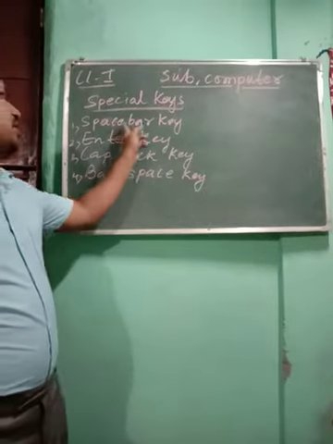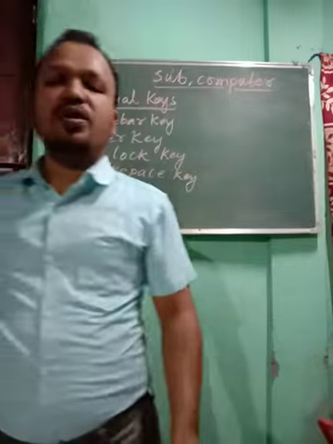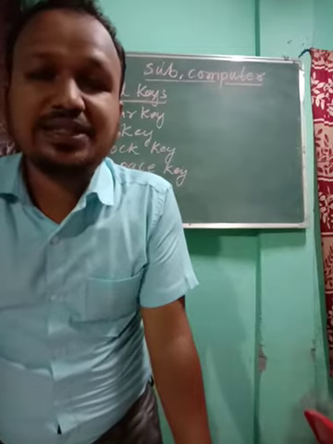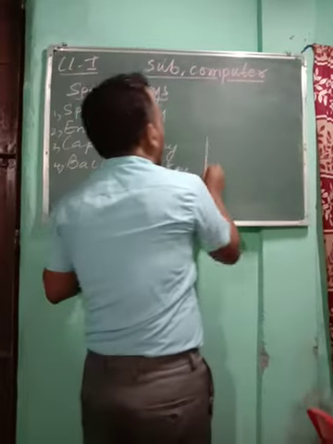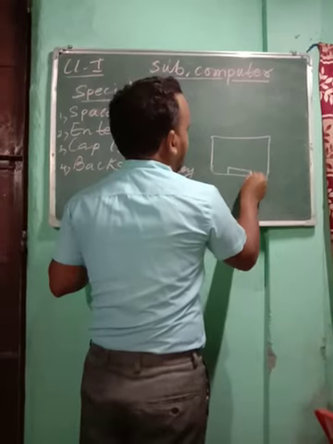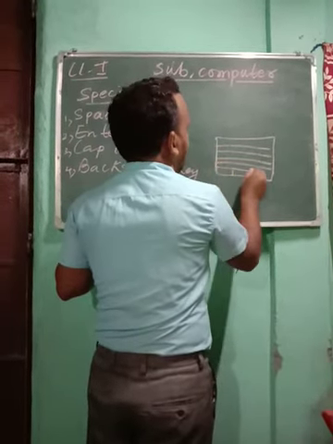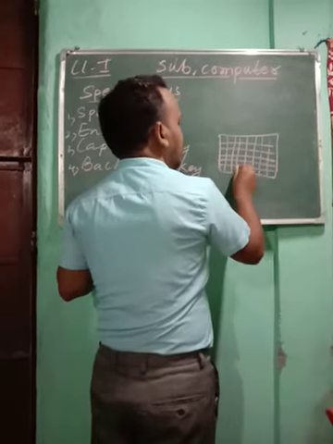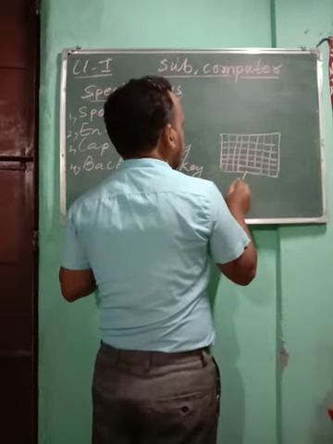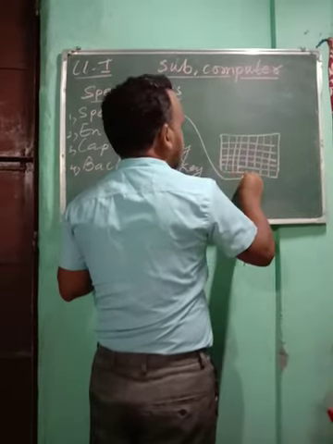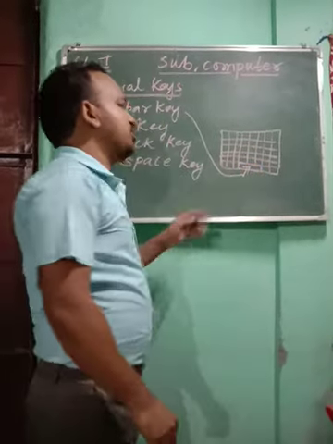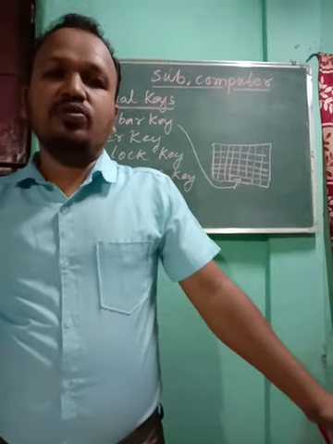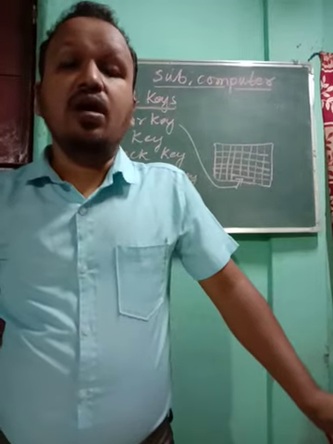Yesterday we already learned about the space bar key. What do you mean by space bar key? Children, the space bar key is one of the longest keys on the keyboard. I told you by drawing the keyboard. Suppose this is your keyboard. Here there are many small keys. You see the longest key on the keyboard is called the space bar key. And I told you, children, why we use a space bar key: to give a space between the words.